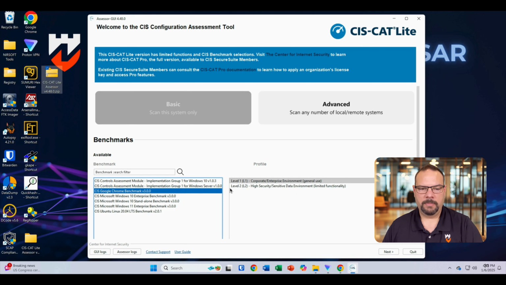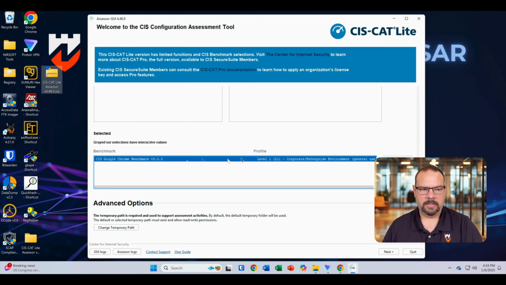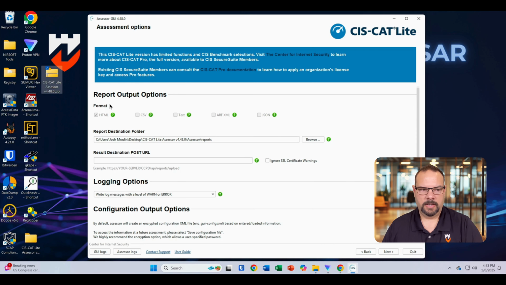In the profile, I'm going to select just the L1 corporate enterprise environment general use. I'm not going to do the high security, high sensitivity environment, although you certainly could. And then I'm going to add that. This takes it here, showing me that I'll be selecting the Google Chrome benchmark version 3 at level 1. I can change the temporary path where it's going to store files, but I'm just going to leave it the default and click next. And then in the Lite version, I just have an option for an HTML report,